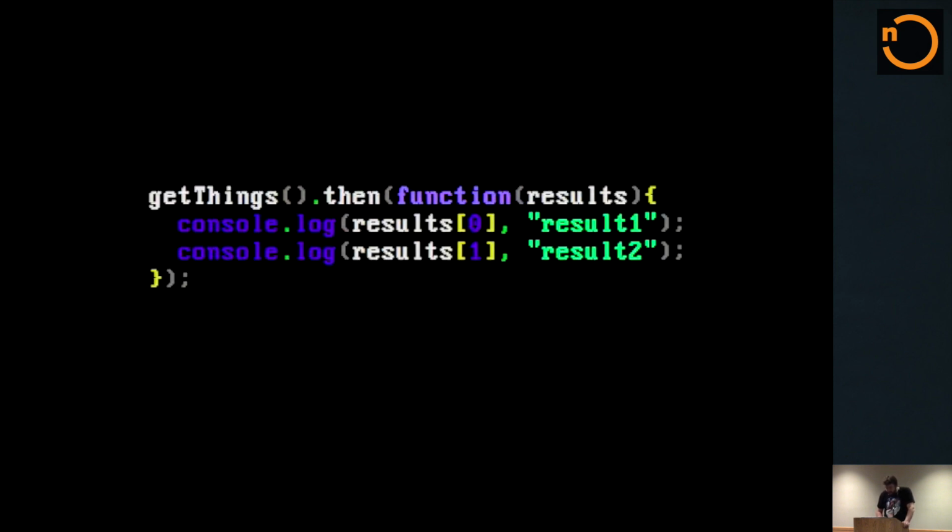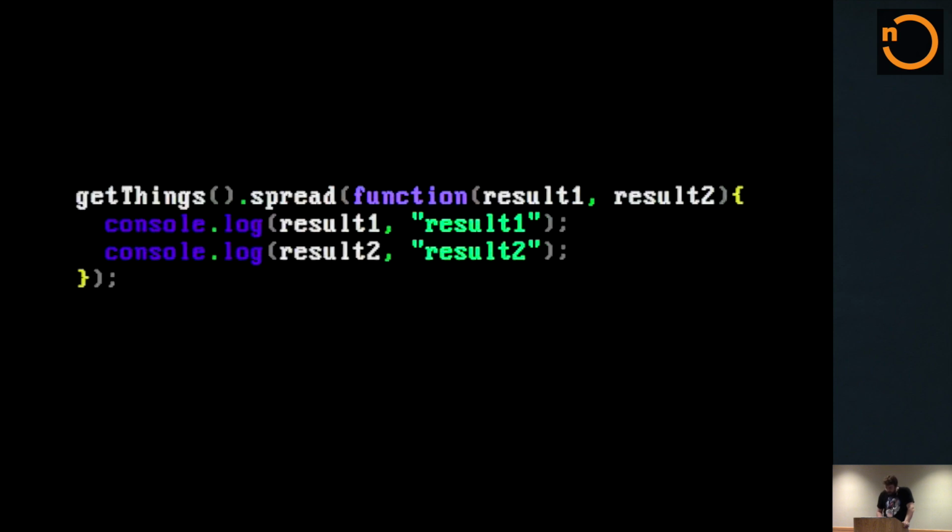So the result of this, again, is an array of the results. I can call that function, I've got my results object, and there we go, it's an array with 2 objects in it. That's great. Bluebird will also provide you a function called spread. This is great because you can take an array that is your fulfillment value and treat each element of that array as if it's a parameter to your fulfillment callback. Other than that, spread operates almost exactly the same way as then.